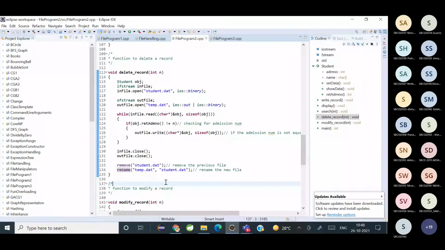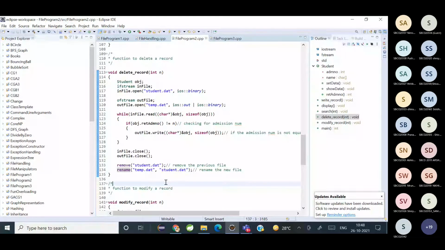Is it understood now? First we open two files, one input and one output. We read from the input file and put into the output file. If the object we read is not the content that has to be deleted, then we'll copy it to the new file. If it is the content that has to be deleted, we will not write it to the new file.